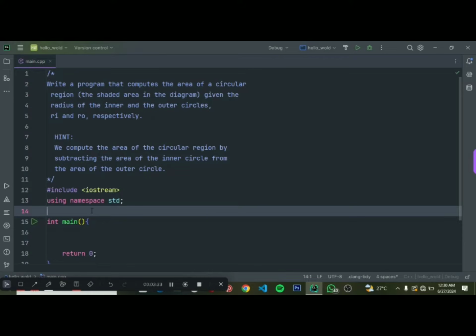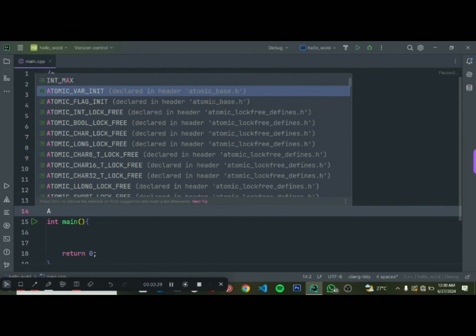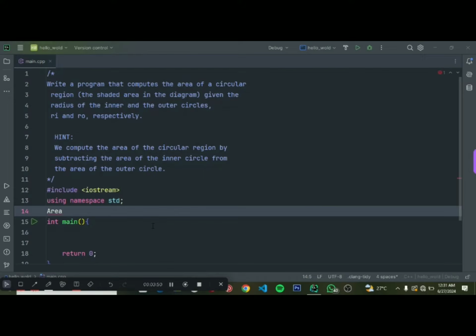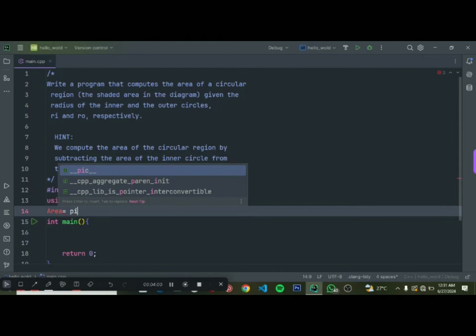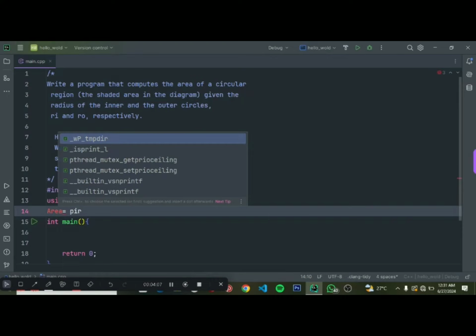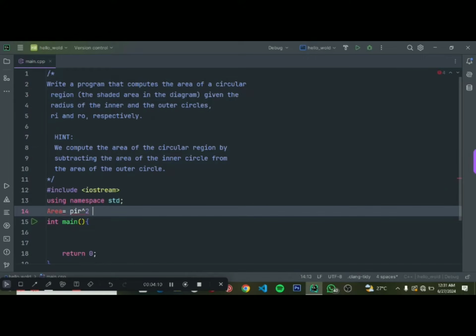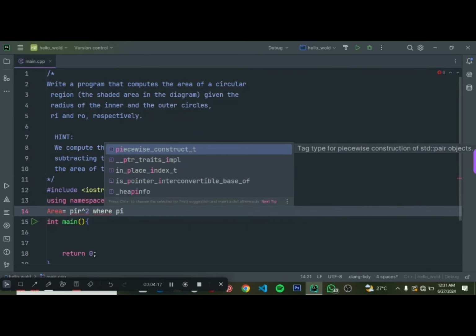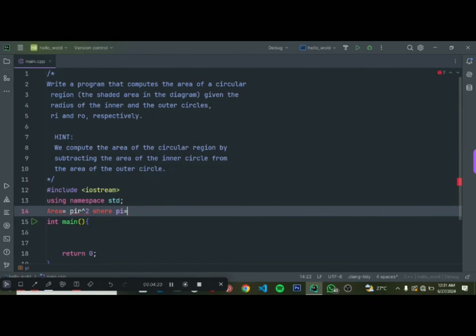Okay, but before, let me first write area is equal to pi r square, where pi is equal to 22